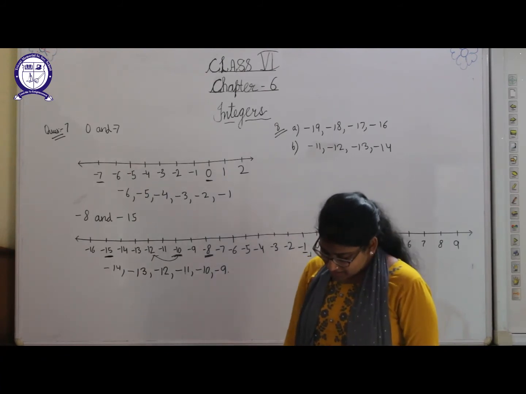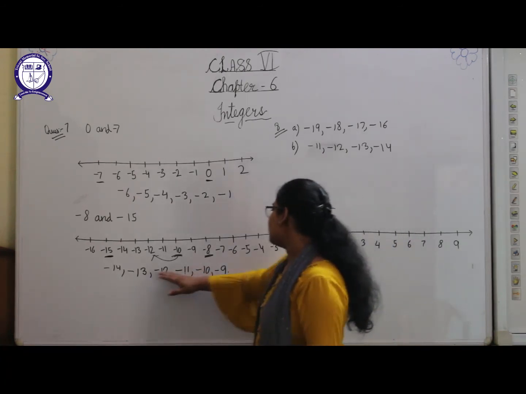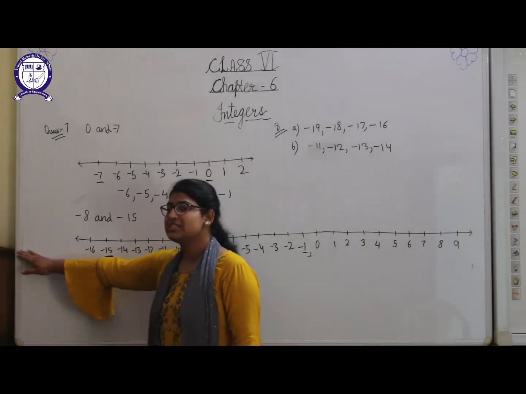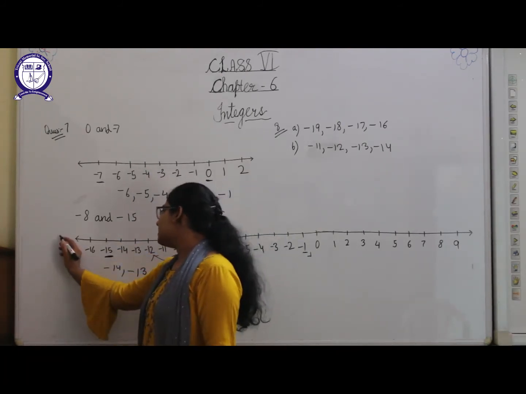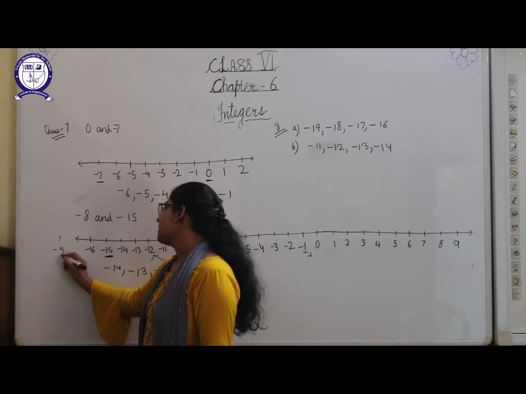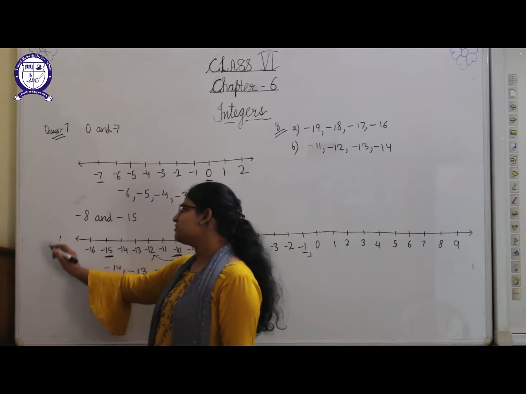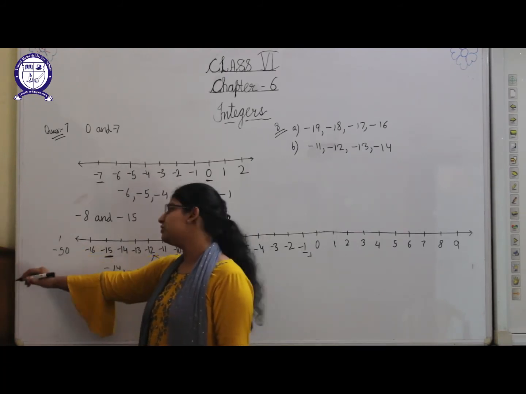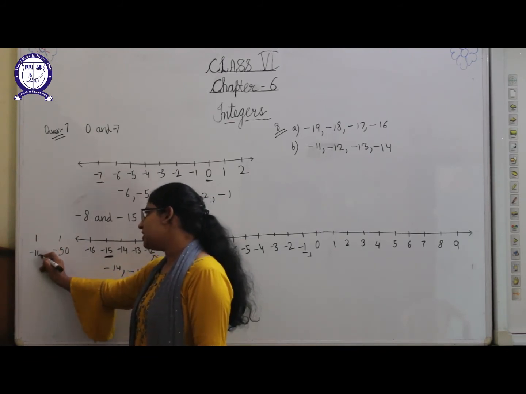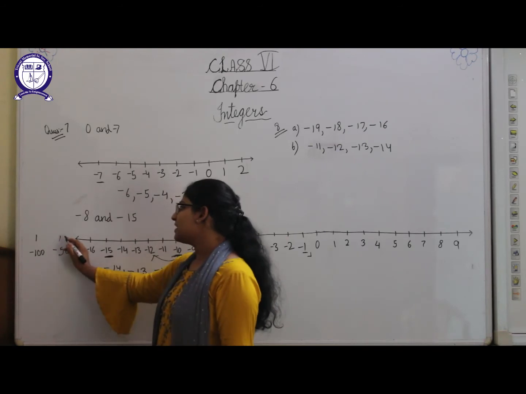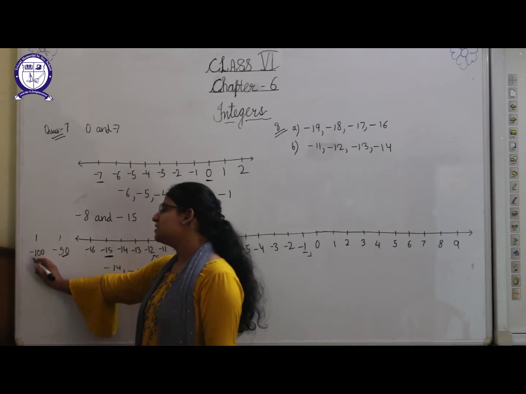Now B part is minus 100 is to the right of minus 50. Students, if we keep on writing this number line in this direction, so here is minus 16, then minus 17, minus 18 and somewhere will come minus 50. And if we keep on writing after minus 50, minus 51, minus 52, minus 53 and like this we will go to minus 100. Okay, so we will get minus 50 somewhere here and minus 100 here.